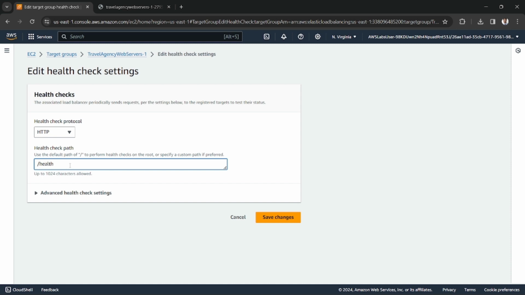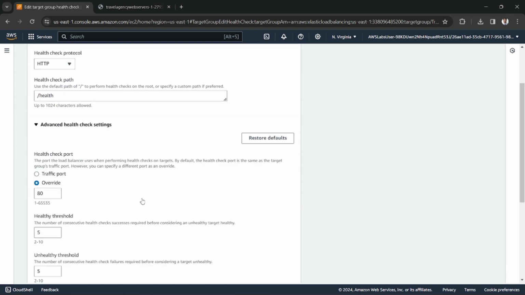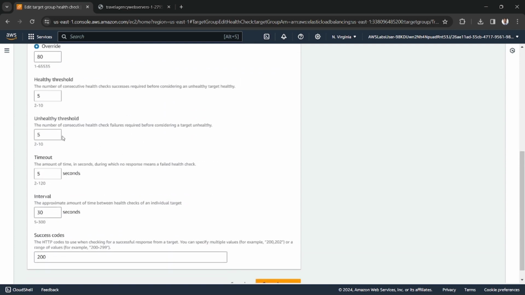Select the health checkup path as /health, and click on advanced health checking settings. Here you have to change some settings. The unhealthy threshold, the number of consecutive health check failures before considering a target unhealthy, should be 2, and the timeout should be 2 seconds,